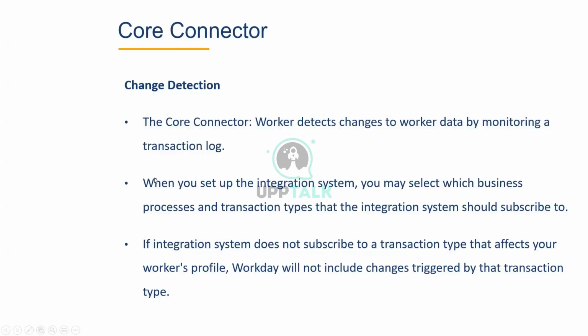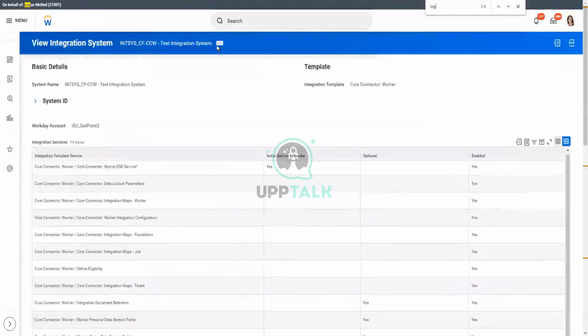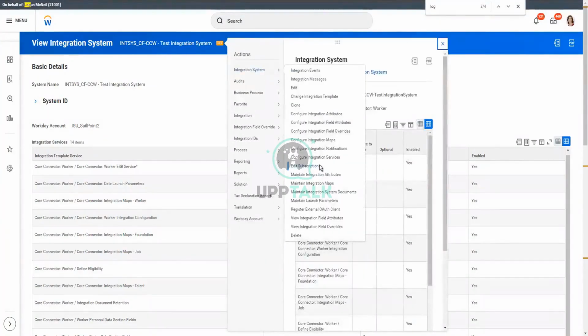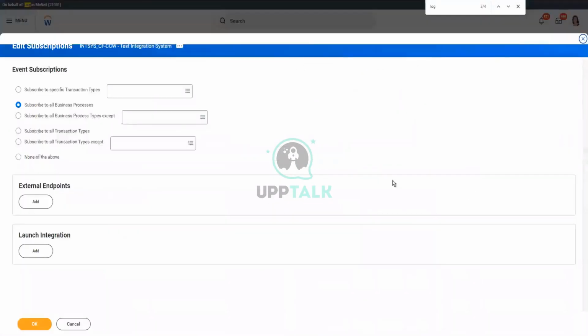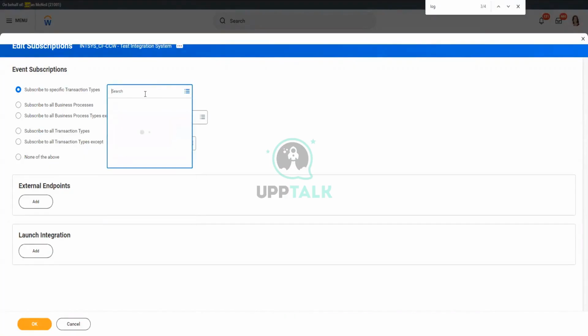And how do we set up the subscription or the change transaction? You go to the Integration System Related Actions button, go to Integration System and edit subscriptions. You can either subscribe to all business processes or specific transaction types. You can select a particular business process, like say job change or hire,